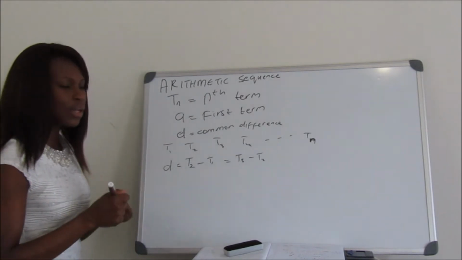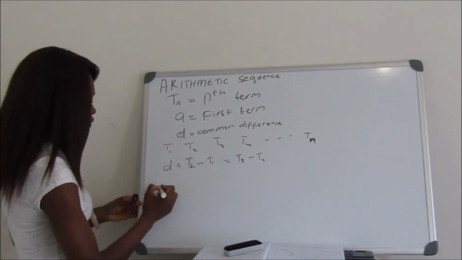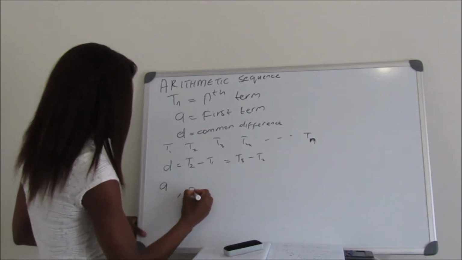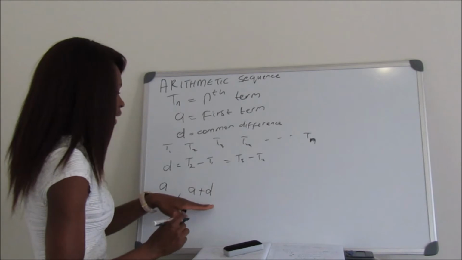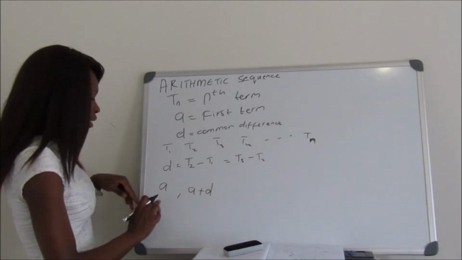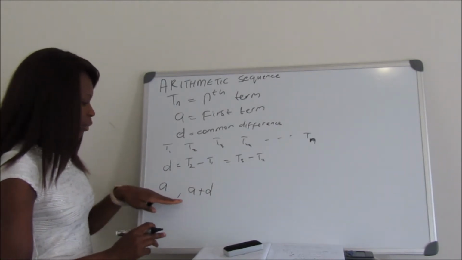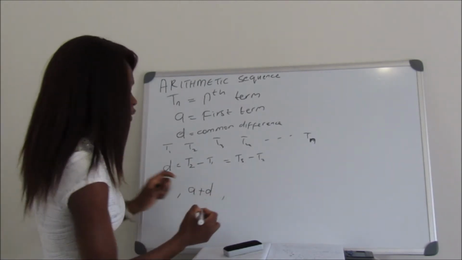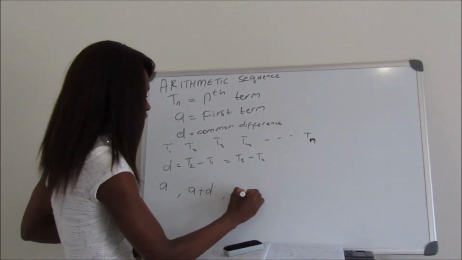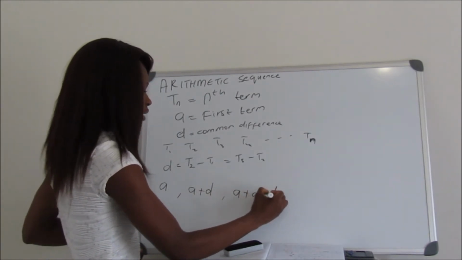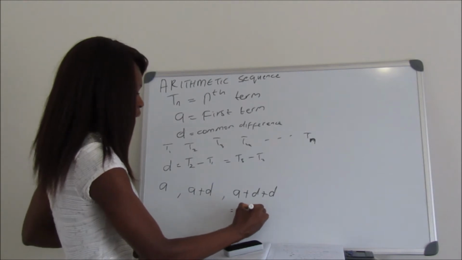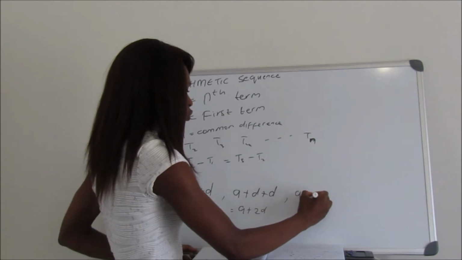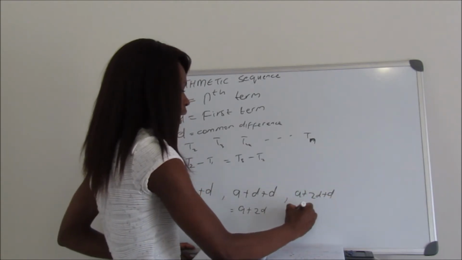Then with arithmetic sequence, you must bear in mind that if our first term is A, to get the second term we have to add A plus D. We always add D to the preceding term so that we can get the next term. The same happens when we need to get the third term: we still add the common difference, which makes it A plus 2D. And with the fourth term, it will be A plus 2D plus D again, and this will give us